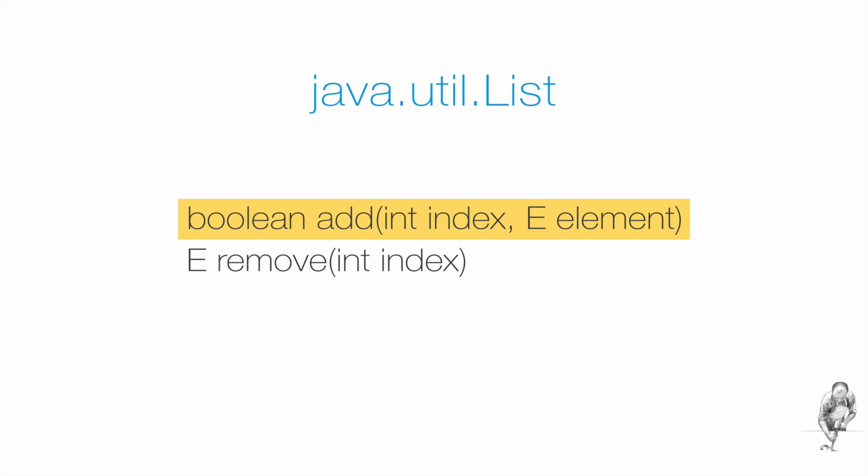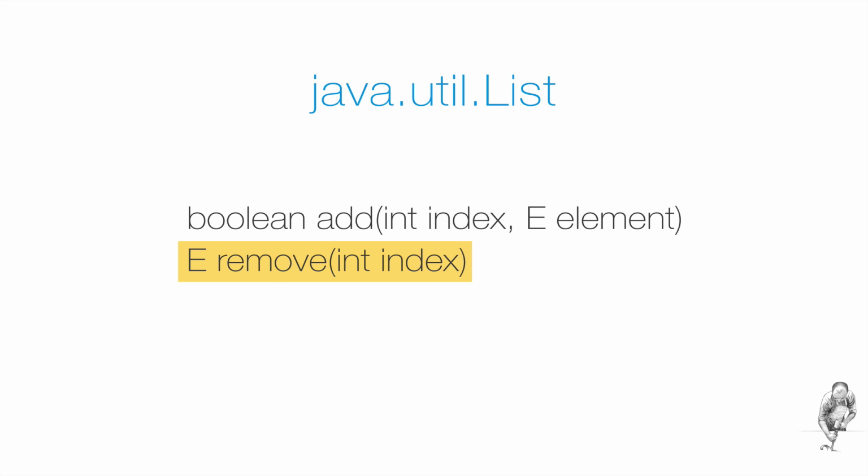This add method with an index parameter acts actually more like an insert method. It allows you to insert an element at any index position of the list, instead of just adding the element to the end of the list. In the process, the elements of the underlying array will be shifted to the right and migrated to a larger array, if necessary. The remove(index) method allows you to remove an element from any index position of the list. Similar to the add method we just looked at, this might require shifting the remaining elements of the underlying array to the left.